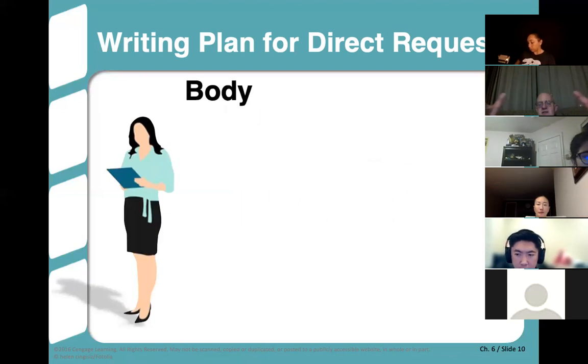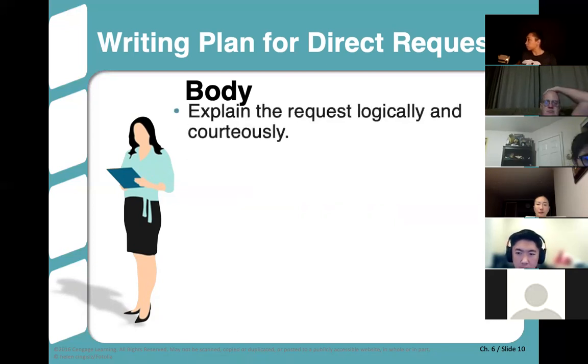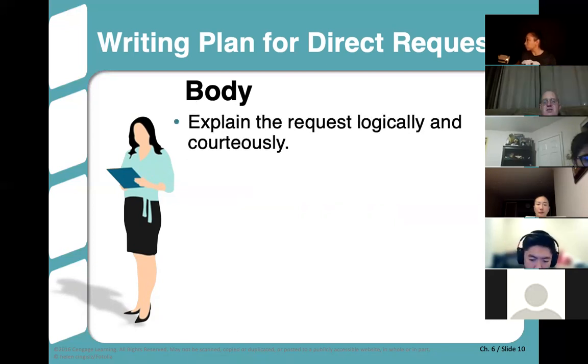Now we go into the body. If you remember last week when we talked about the body, this is the majority of the document that you're about to write, okay? For instance, if you started with a request, now you can start to come back and say, okay, this is why this is so important. You're explaining the request logically and courteously.